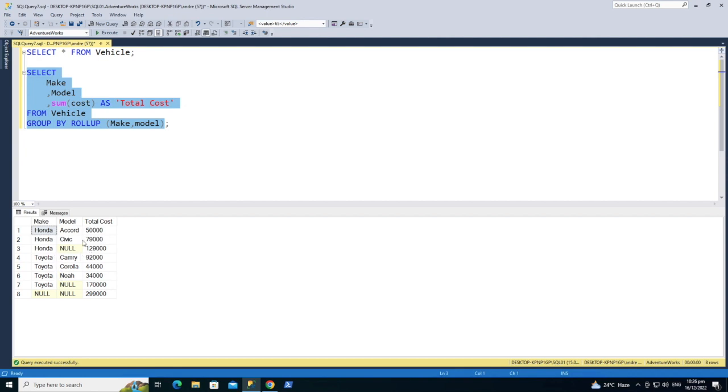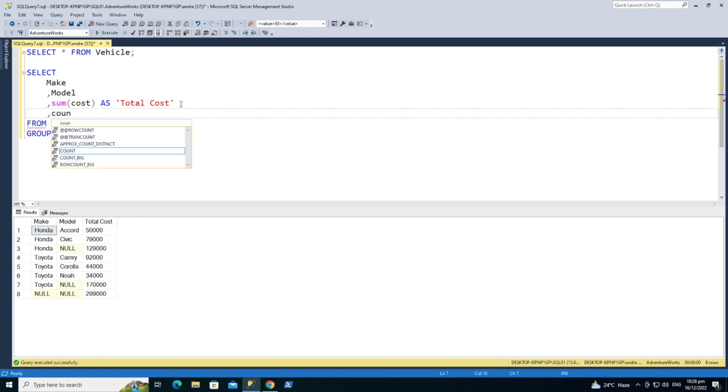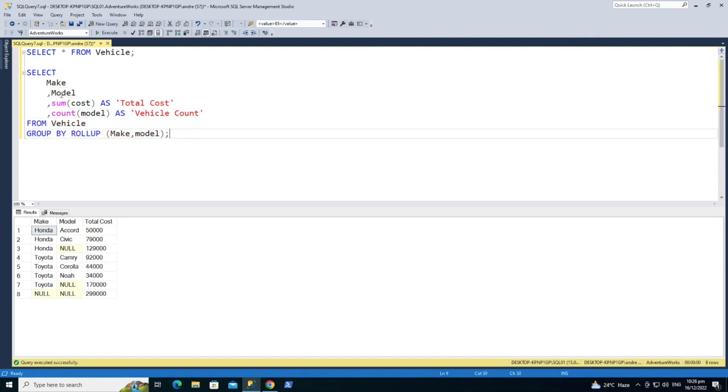Now, how many vehicles are actually contained in each grouping? Let us add an additional aggregated column to get that result. So we'll say count, and we're going to count the model as, and we'll just call it vehicle count. So we're going to execute,